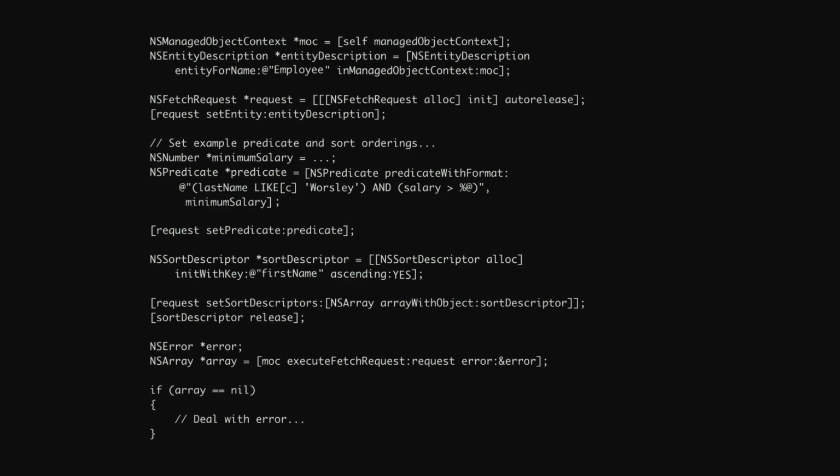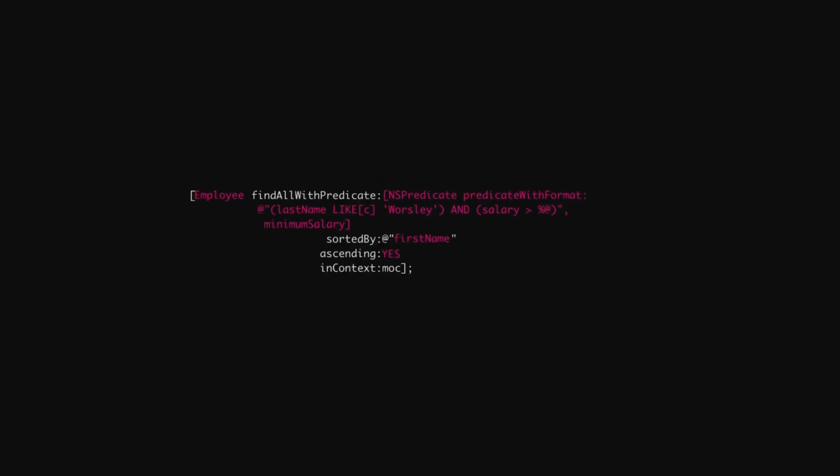So here we are back with our fetch request. Now, to identify the things that are actually useful, the custom elements in this request, let's highlight them in red, or whatever that color is, maroon maybe. But we have an employee, we have a little predicate here, we have a first name and a kind of an order, and everything else is repetitive, it's boilerplate. So what we do in MagicalRecord, we move that over into a simple single line of code like this. And we use some of the language features in Objective-C to achieve this. But basically, all of that stuff that was already on that previous slide is in a couple of helper methods that you can access via this single line of code.